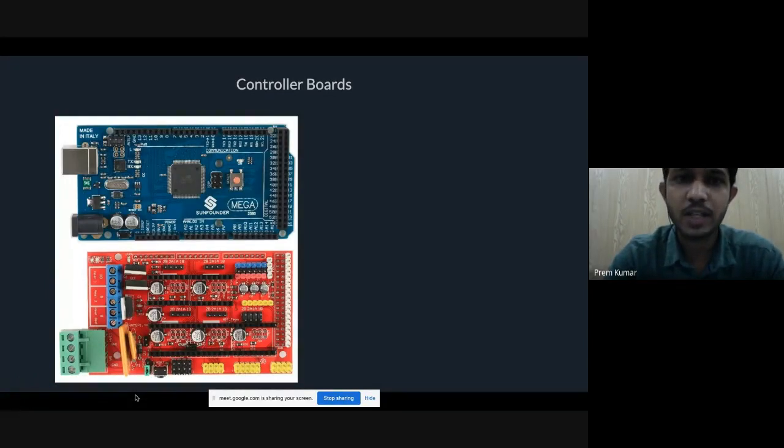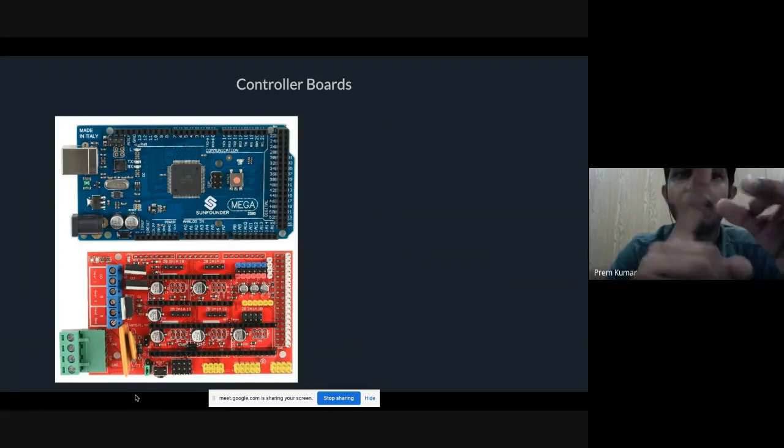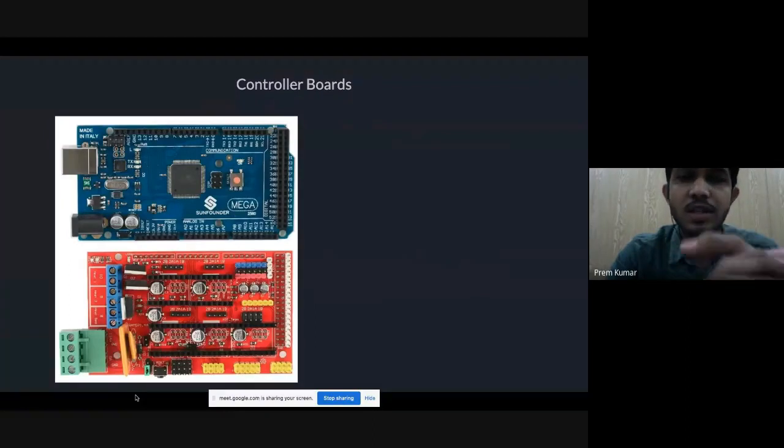It's a kind of text file where a number of features of a 3D printing machine will be defined, like what temperature you are going to use, what the build size of your printer is, what speed you are going to run your printer at, or the type of stepper driver that you are using. So these will be mentioned in the firmware file. You have to select them by commenting lines. That will also be shown in the next session.